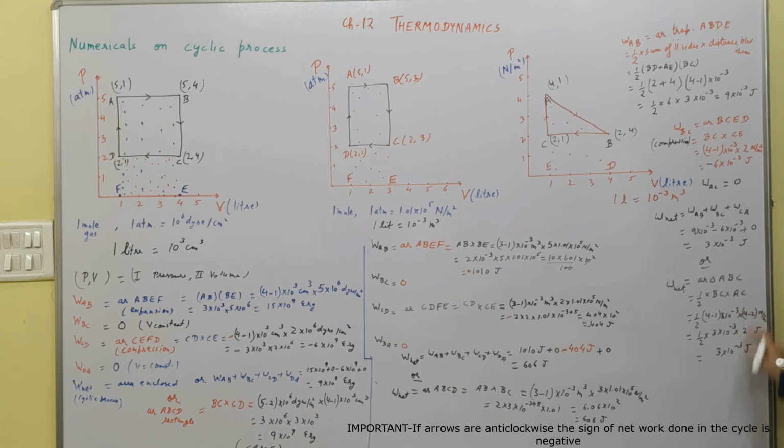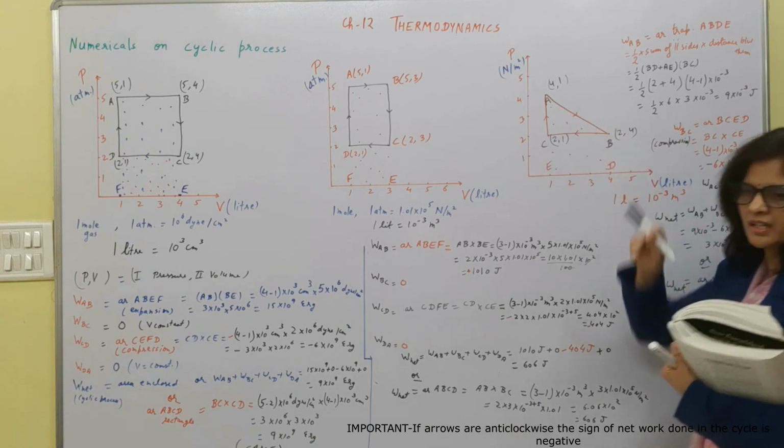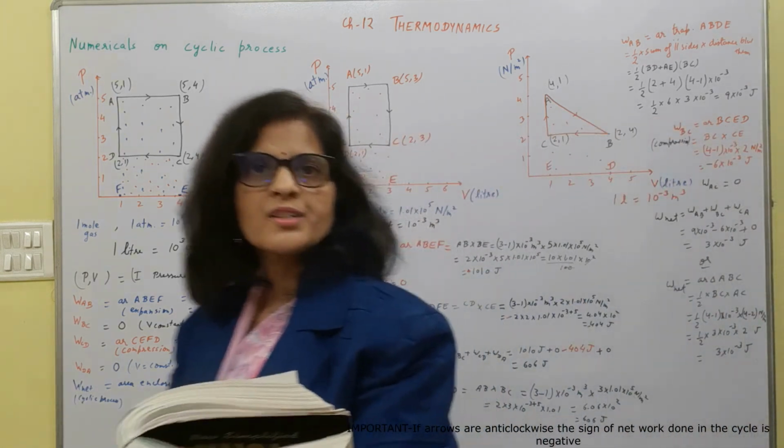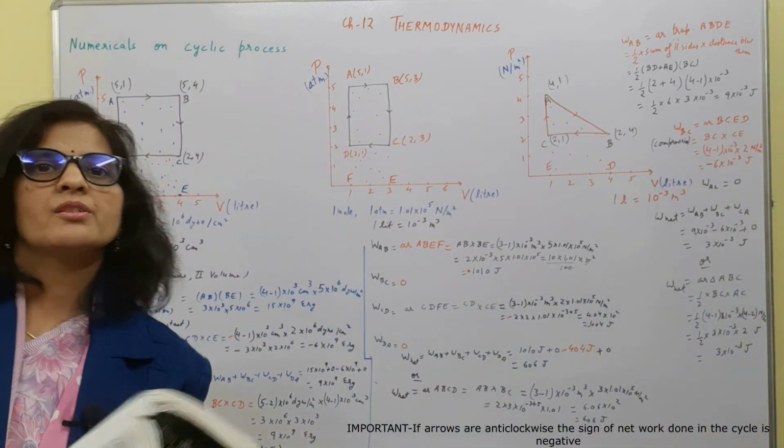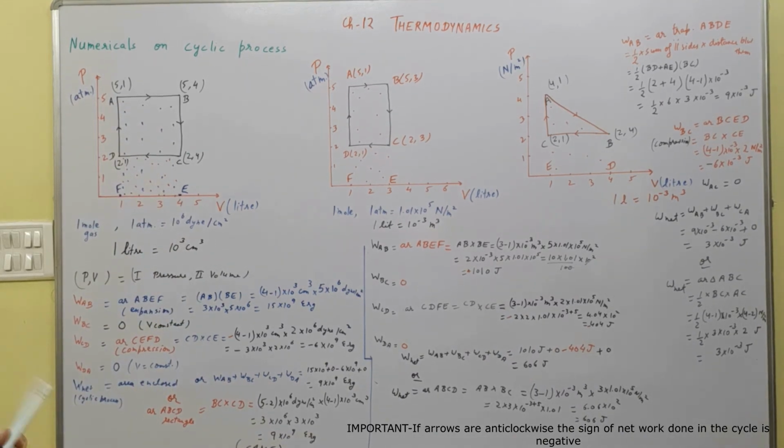The same way, you don't have to show both the methods, because sometimes the separate works are asked. So you need to calculate that. So they can use this also, but in that case you have to take care of the sign which you are using for compression or expansion, right?